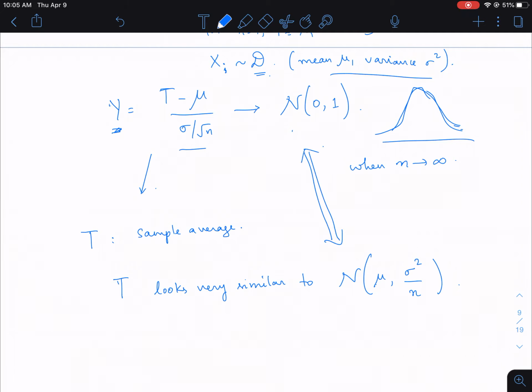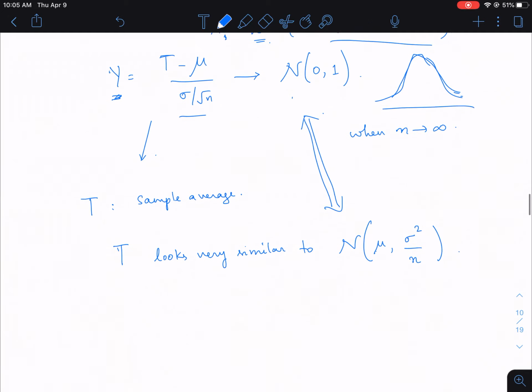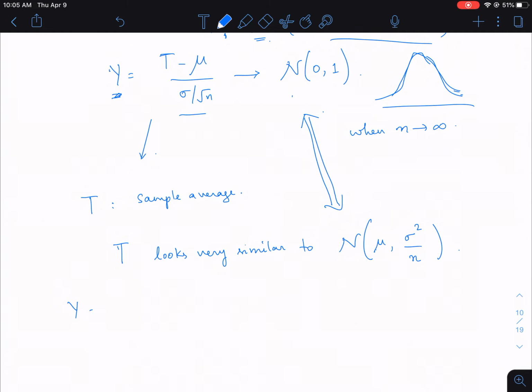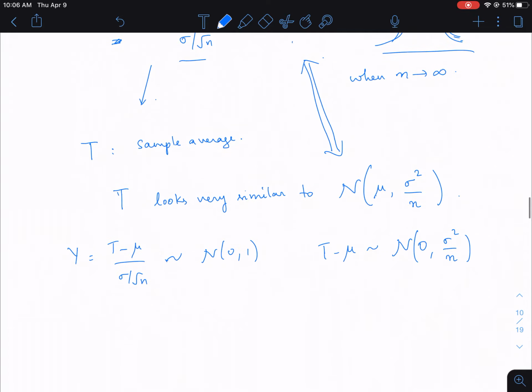Why is that? Because let's say y equals t minus mu divided by sigma by root n. And we said that this is distributed like N(0,1). That means that t minus mu is distributed as N(0, sigma squared by n). And why is this? This is because